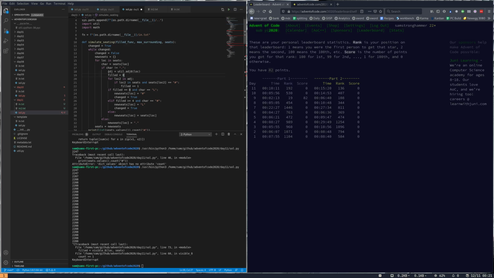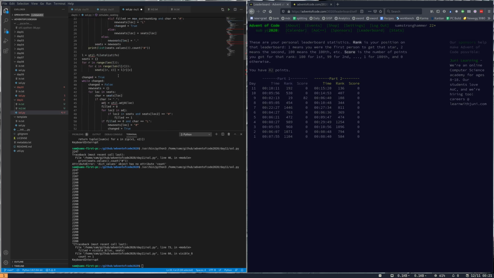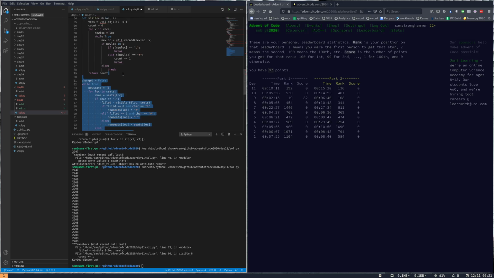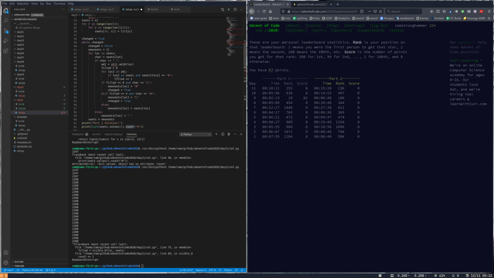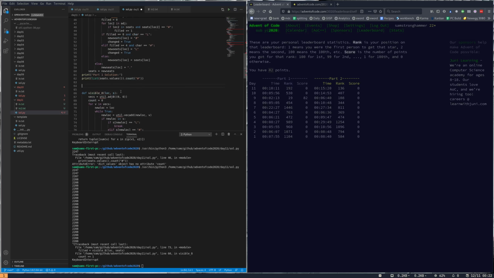So now what we want to say is just filled is equal to, we're going to assume that the filled function takes in location and seats. And then this number right here is going to be max surrounding. Cool. So let's try doing this here. I'm going to comment out all this garbage. Well, actually, probably be easiest to, okay, I have to write another function that is def